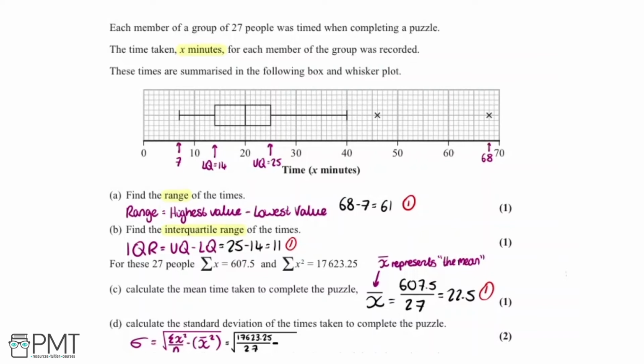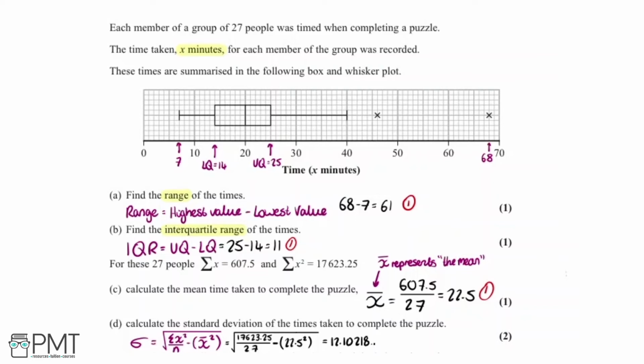Then we're going to subtract from that x bar squared. We worked out here that's 22.5. We need to be really careful here and look at the brackets, because we're going to square x bar and then we're going to subtract it. So it's important to do it that way around. I'm going to write the brackets in here so it's still clear. So subtracting, and we're going to do this first. We've got 22.5 all squared. That's brilliant. I'm going to put that into the calculator, which gives us